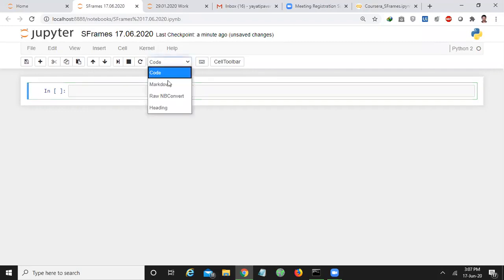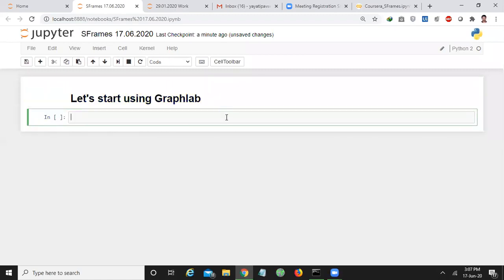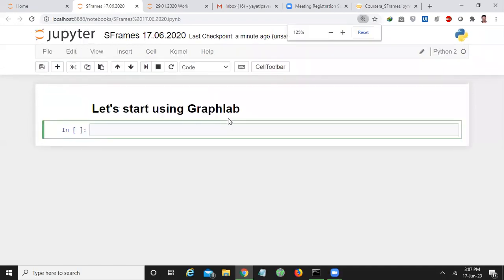GraphLab. Okay, so I want to give a markdown here. Let's start using GraphLab. Let me increase the font. So here I'll use this GraphLab.